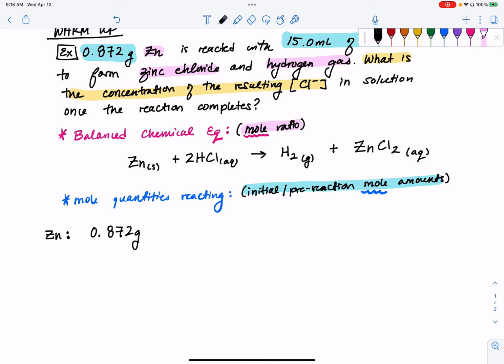So thinking about what relates moles and mass, that is molar mass. So I want to cancel out grams of zinc and be left with moles. And remember, molar mass tells us how much 1 mole of any substance weighs. So from the periodic table, 1 mole of zinc weighs 65.38 grams per mole. So if I were to take my 0.872 grams and divide by my molar mass of 65.38 grams per mole, I get